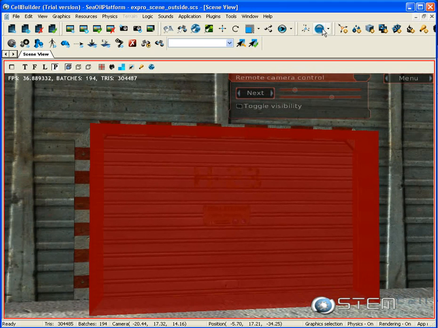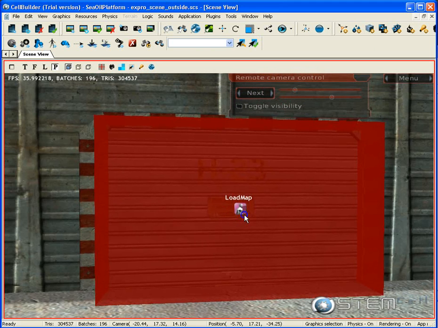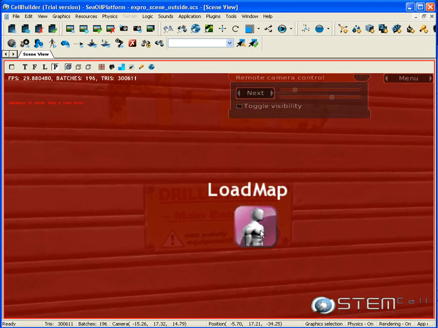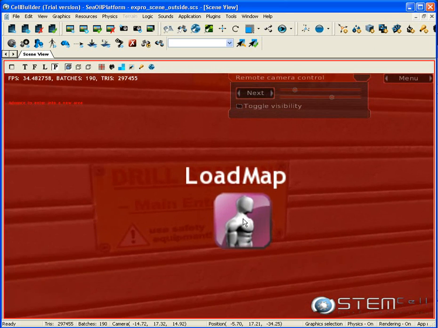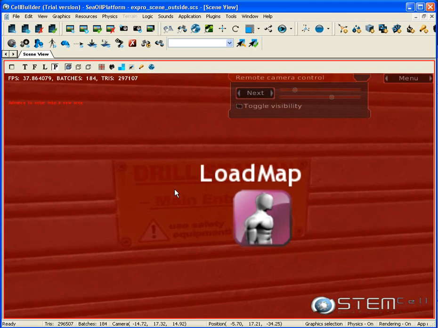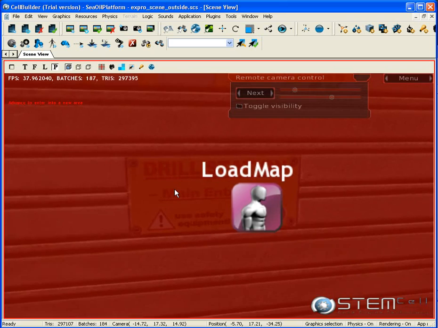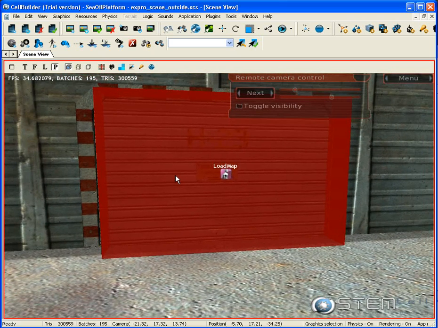This is one special type of actor. It's the load map actor. This actor helps us to load another map when we reach an area. Now I'm in the load map area. I have a debug message telling me to advance to enter into a new area. This will make the new scene load. I will stop the running and